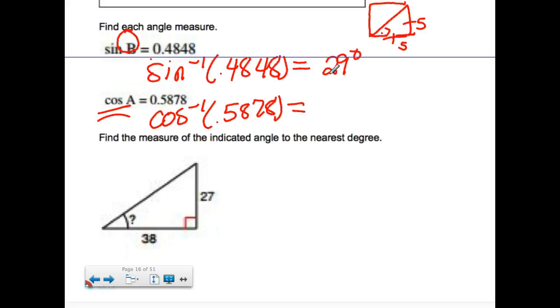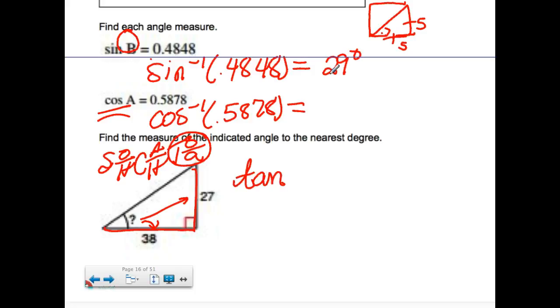So next, it says find the measure of this angle. Well, what is this angle? Don't know, but I know a trig ratio. I know I've got opposite and I've got adjacent. So when I'm thinking of my SOHCAHTOA, and I think of which trig ratio has opposite and adjacent, it's tangent. So this is what I do know. I don't know the angle, but I know the tangent of angle question mark is equal to